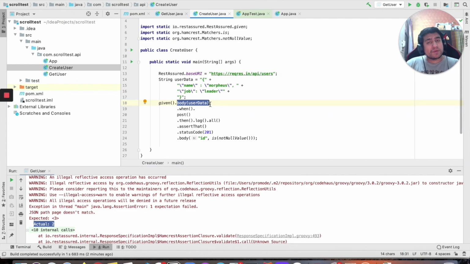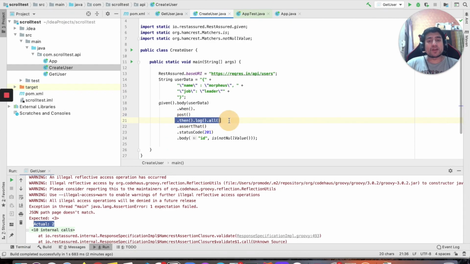Here you can also mention headers, right? I'm going to explain in the next tutorial, probably the advanced one, how you can send the headers also. We'll create some automation frameworks along with it. This is just a step-by-step, simple way to understand REST Assured for a beginner, right? So here you need to mention the body after when, when we are making a post request. So that is important here. In the previous example, it was get.